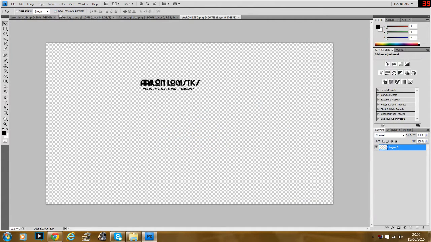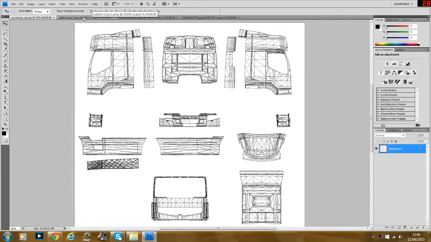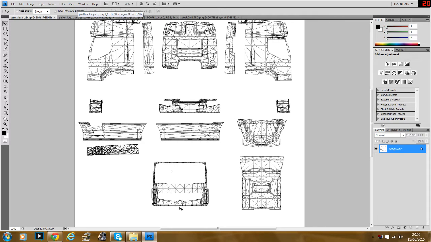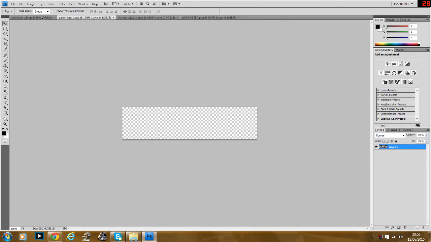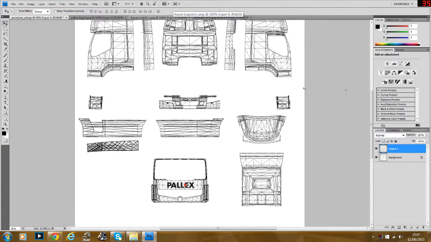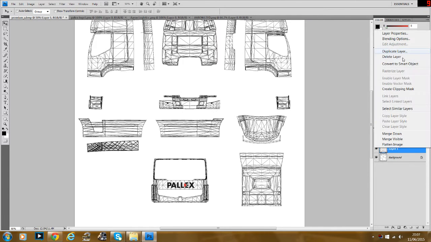Okay, so what we want to do is go back to this now, and sort of find out where you're going to put your logos. On the front, this is the front of the truck. Now as you can see, that's where the Renault logo will go. So what you want to do is drag your first logo, whichever logo you want on the front, and resize it if it's too big for the front. You don't want it too big because it'll just look overly stupid on the truck. Once you've positioned it pretty much in the middle, then if you want that same logo on a different place of the truck, duplicate the layer,